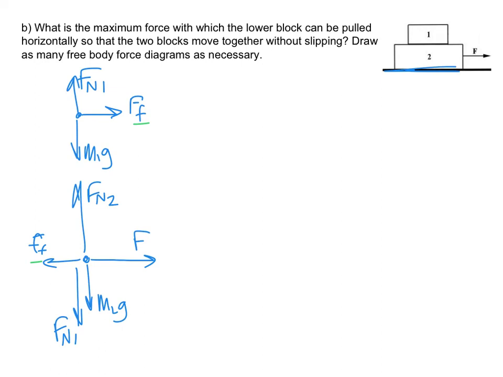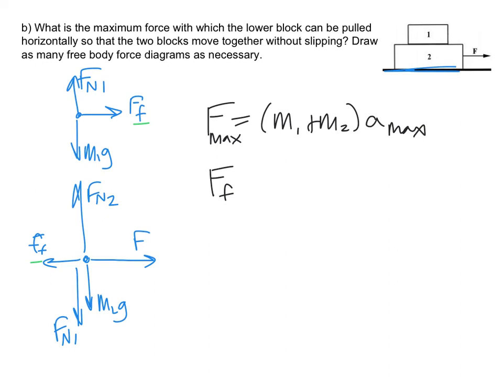We would write the same equation that we did before, that our force ends up being our total mass times our acceleration. I won't be quite as formal here. And again, if I'm looking for the maximum force, I need the maximum acceleration. And so the same sort of thing, I would now look at whichever one of these pictures seems to be a little simpler if I have the choice. So I'm going to pick the top picture now, and I can say that the force of friction would equal m1 times the acceleration. And again, of course, if I'm looking at these maximum points here, that's where I can use the actual